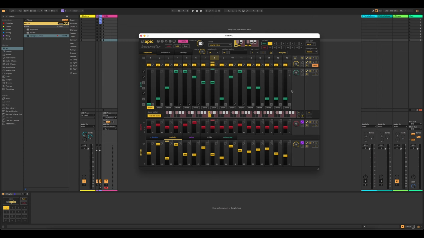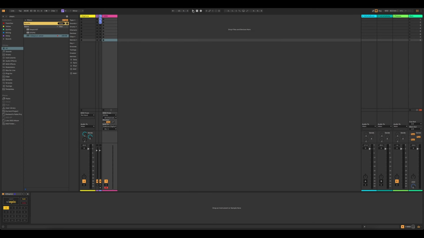Now we could add a bit of variation by randomizing which notes get played, but we can look at some of the randomization settings for each gate as well. So right now we have the random mode engaged, which gives us these little dice icons. And we can check those on. Maybe not the first one, but we can set these other ones. And this will give Stepic full control over whether or not it'll play particular notes. And there's no control over the probabilities here. It's just a straight random. So if we press play now,